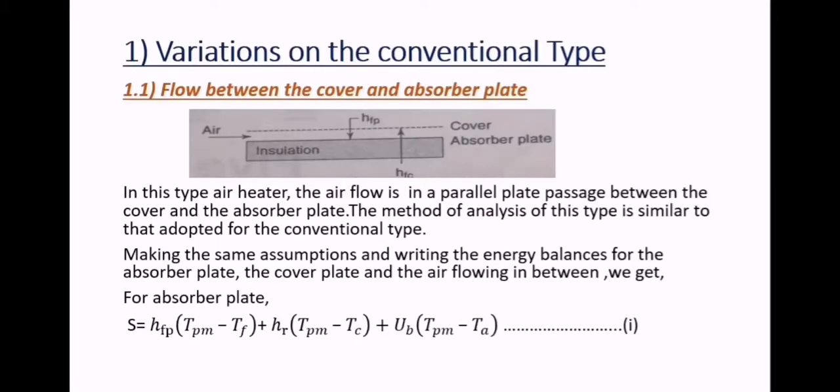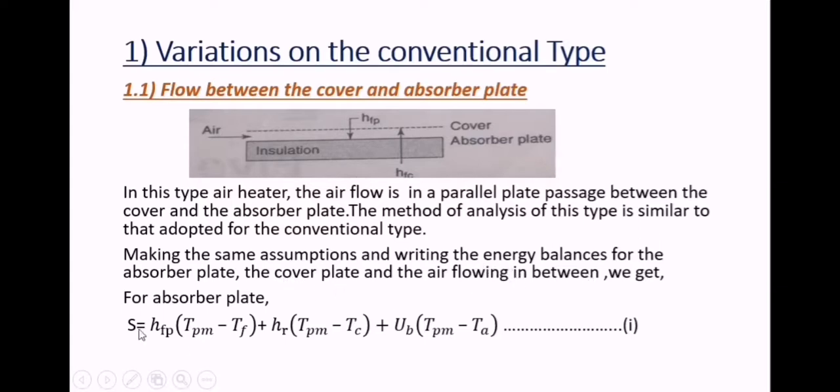Now we are going to discuss the other types of air heaters. The first is the variations on the conventional type. In that, the first is the flow between the cover and the absorber plate. In this type of air heater, the airflow is in a parallel plate passage between the cover and the absorber plate. The method of analysis of this type is similar to that adopted for the conventional type. Making the same assumptions and writing the energy balance for the absorber plate, the cover plate and the air flowing in between,